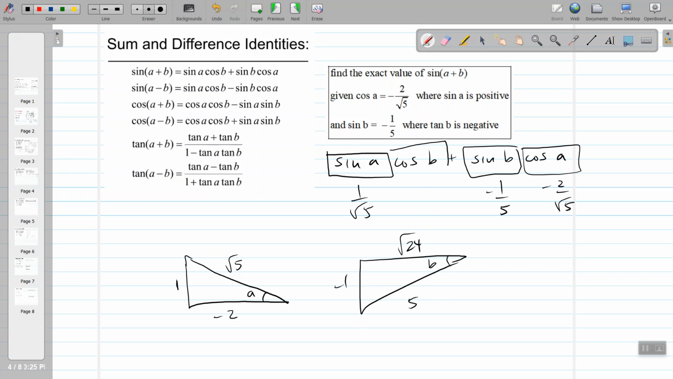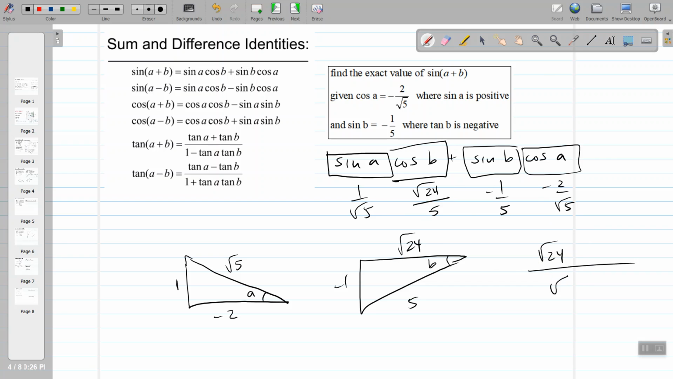Which means this I will fill out with rad 24 over 5. Okay, so now all you've got to do is combine like terms, well, multiply and then kind of squish it together. So this guy over here looks like it's going to be rad 24